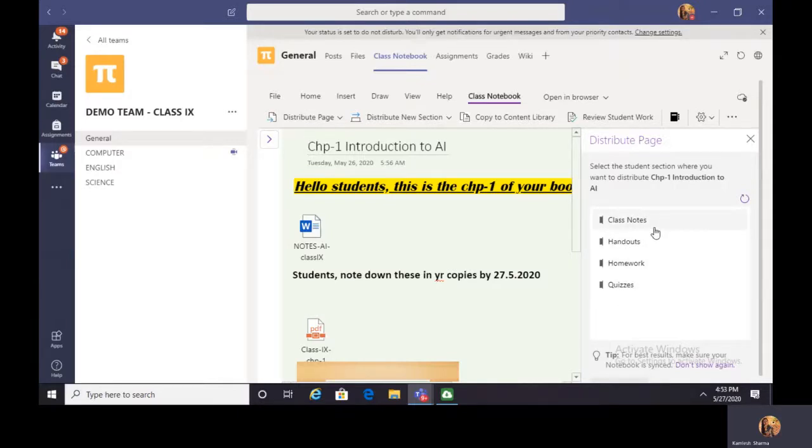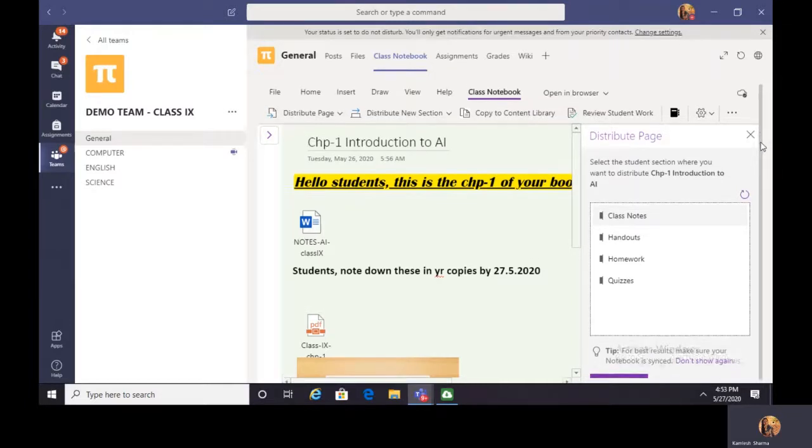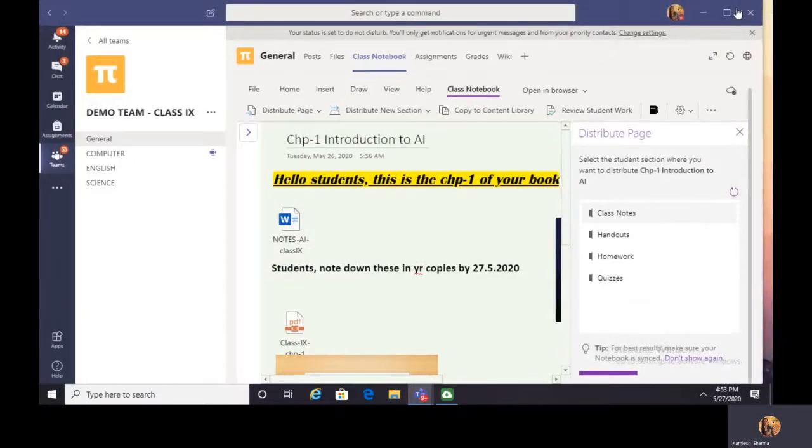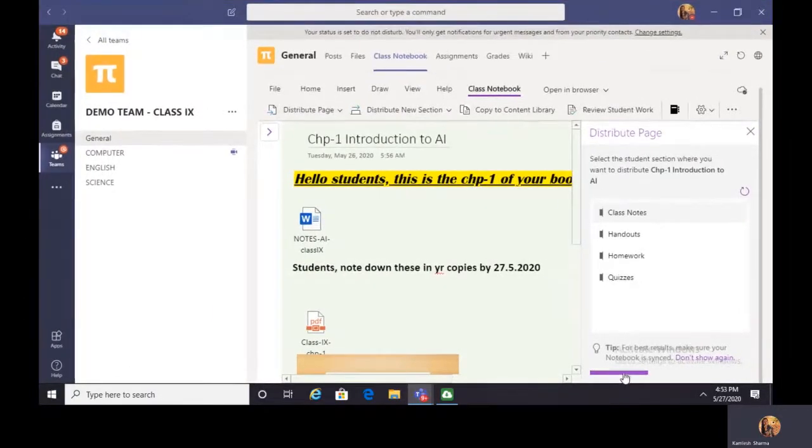For example, I want it to be distributed in the class notes. So for that you have to click on the class notes and look at the bottom. It says distribute. Click on distribute.